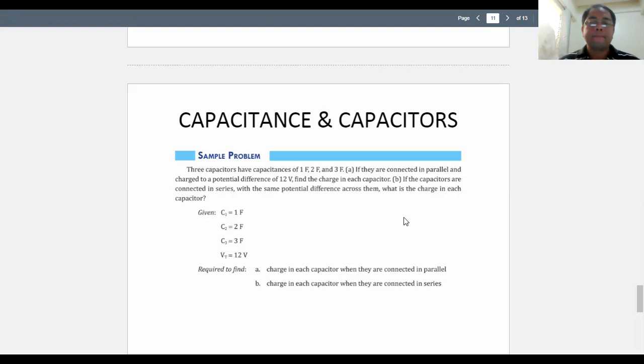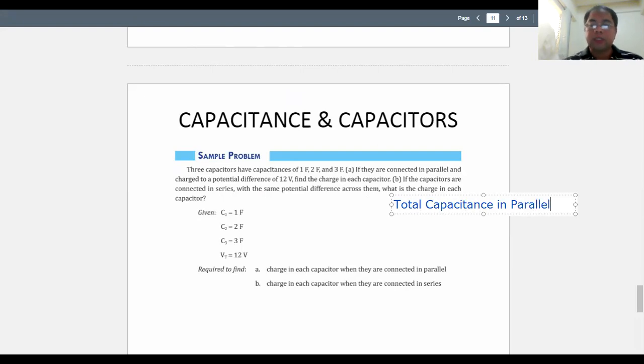So for letter A, if you'll try to calculate this, the total capacitance, first, if it is in parallel,